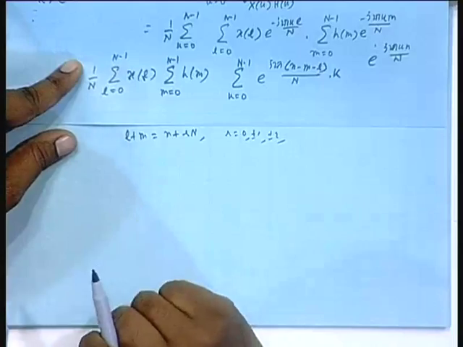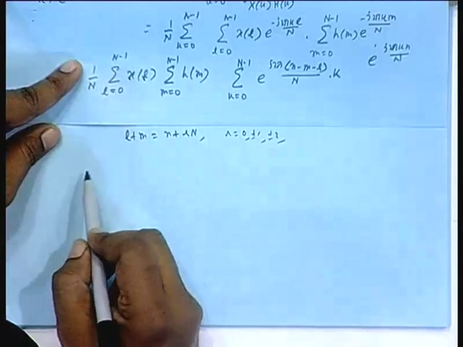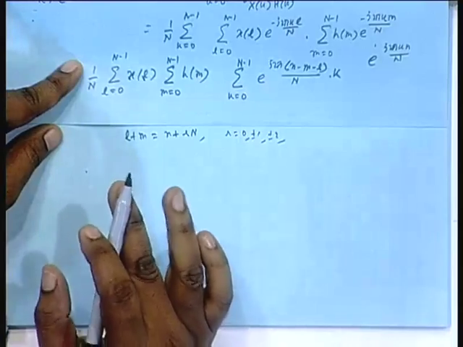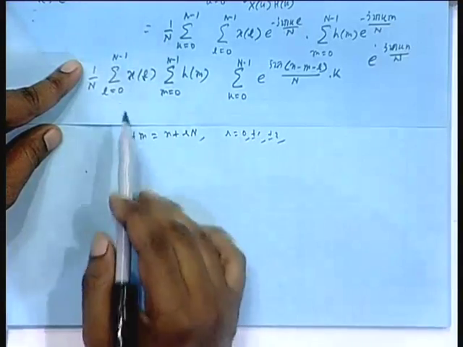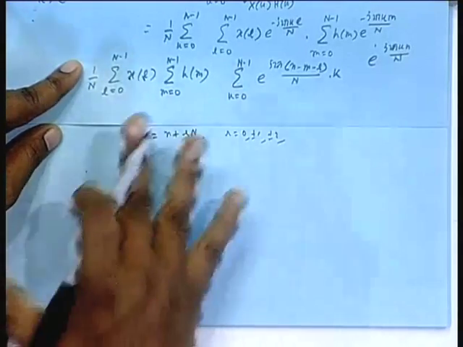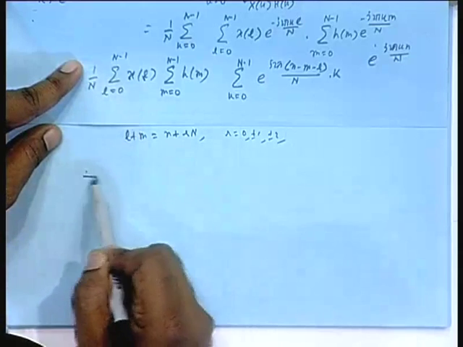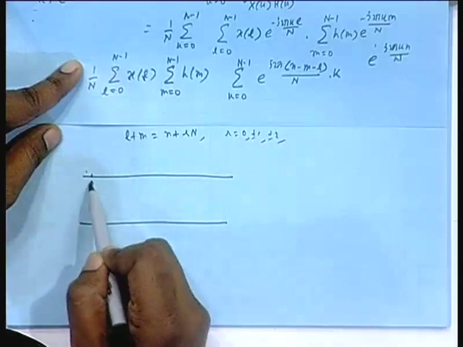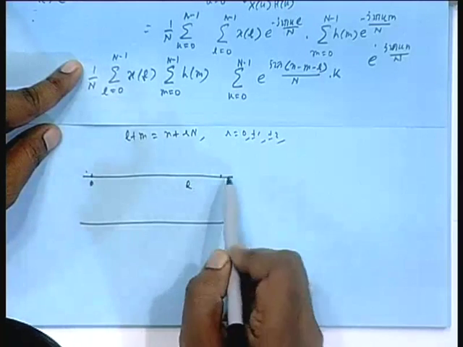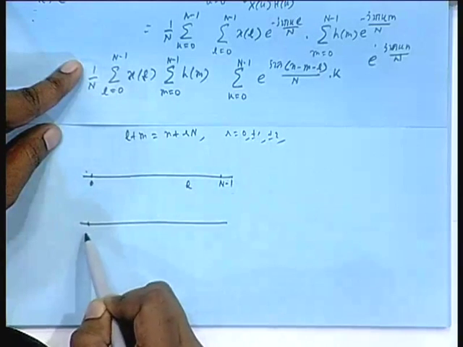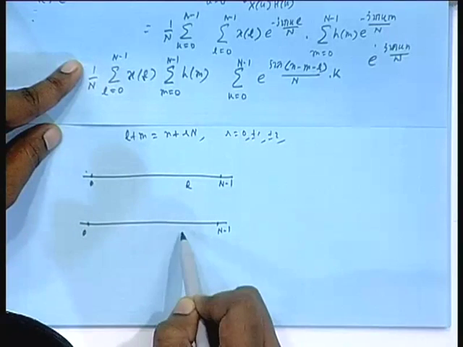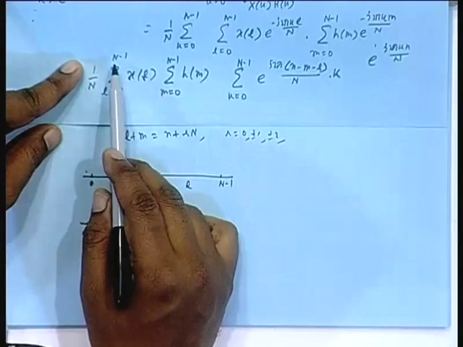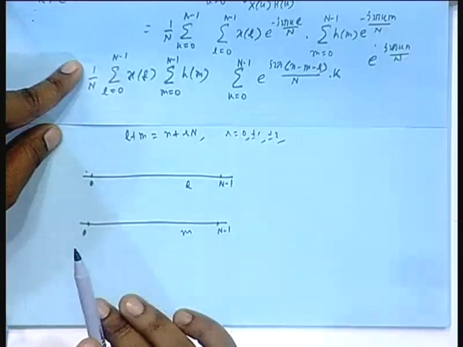Okay. So now let us see what happens then. Please see that books do not discuss this in this detail, they just work out a formula, but this will tell you how to handle DSP. Let us draw two axes. This is for l 0 to N minus 1, this is for m. l is also varying from 0 to N minus 1, so does m.